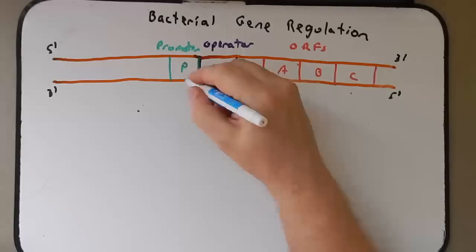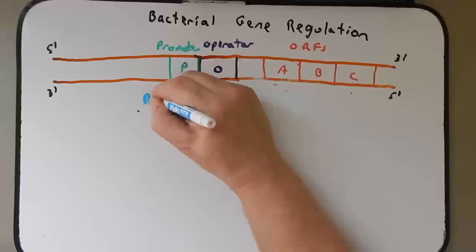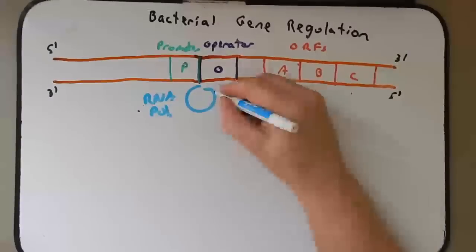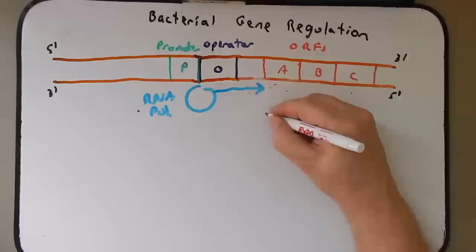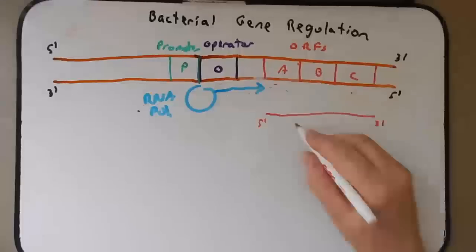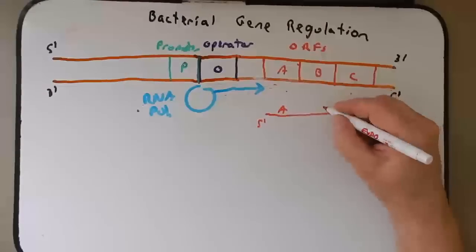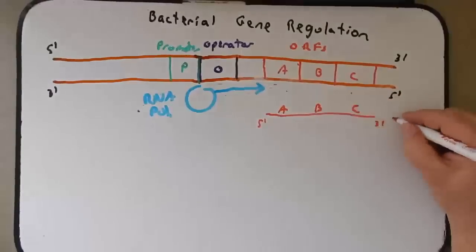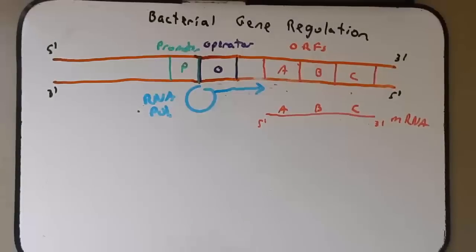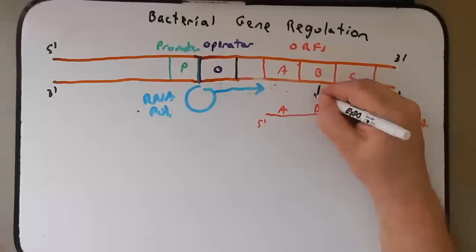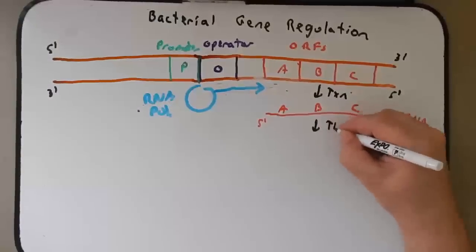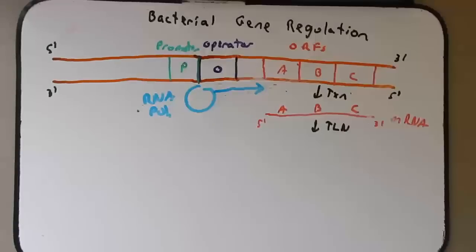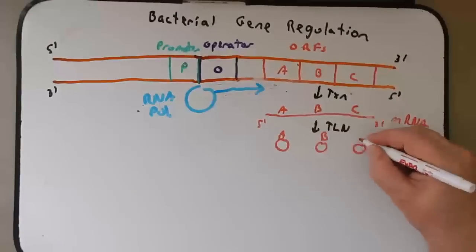So what happens is, our friend from the past here, RNA polymerase, binds to the promoter, and it will transcribe these genes. And it doesn't transcribe them individually, it makes one long RNA molecule. And on this RNA molecule will be the open reading frames for genes A, B, and C. This messenger RNA then is translated. So let's go ahead and write transcription here, just so we keep everything on board. So then it's translated, abbreviating it with a TLN. And as it's translated, now it will make 3 separate proteins. Protein A, protein B, and protein C.